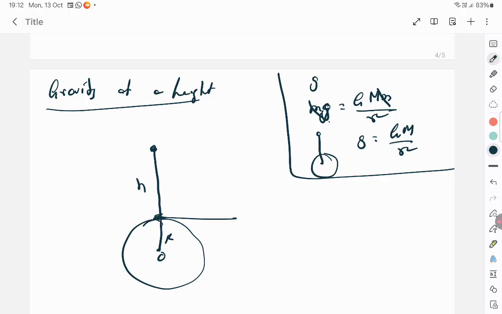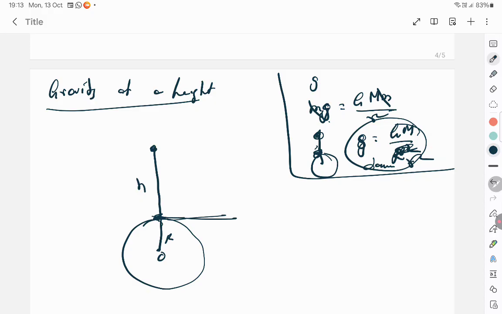You can equate the gravitation if you are comparing the earth with another body. It can also be gravitational force, capital G. So both the gravitational force and the force due to gravity can be equated. Force due to gravity is small m into g. Gravitational force is G into capital M small m by r square. So this formula for small g is very important. Small g is capital G into capital M by r square. This is on the surface of the earth. Supposing this body is present here, you can write it as capital R square. If this body is far away, you can write it as small r square, depending on its position.